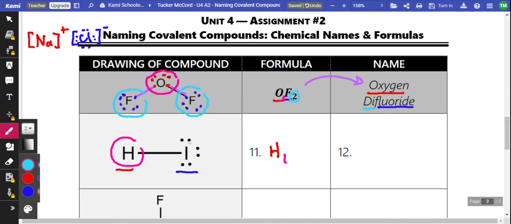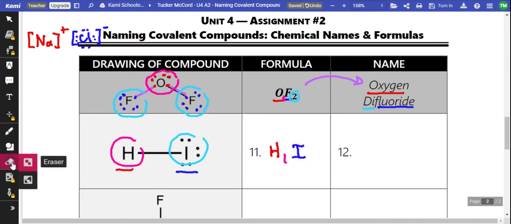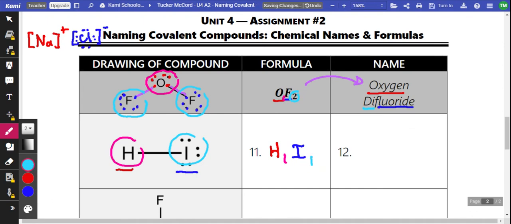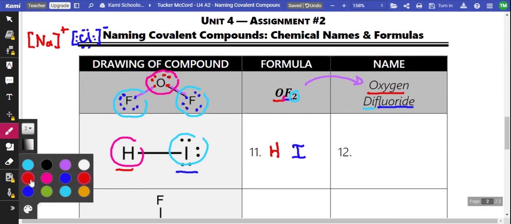There is 1 atom of iodine. So this would just be I. And there's just 1 of them. I'm going to erase those ones because I don't really need them. So now, when I change this into a name,